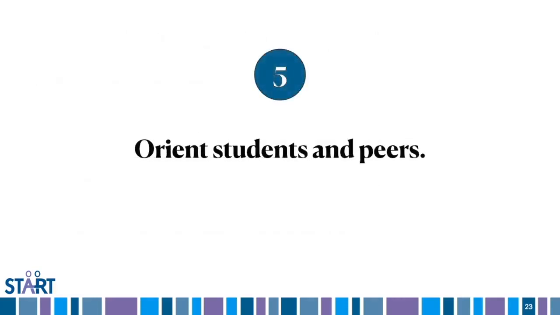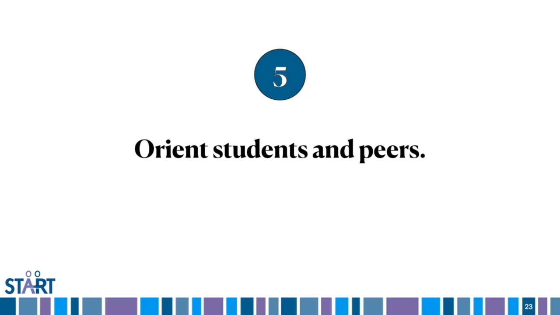But once you've settled on the peers, you should hold an initial orientation meeting to prepare them for their roles and responsibilities and to address their questions. This is step 5. And this meeting is usually led by a special educator, or it could be the paraprofessional. It takes about 1 hour. I've seen them held before or after school, during study hall or advisory periods, or even over lunch. The goal is to ensure that everyone is comfortable and confident in their roles.